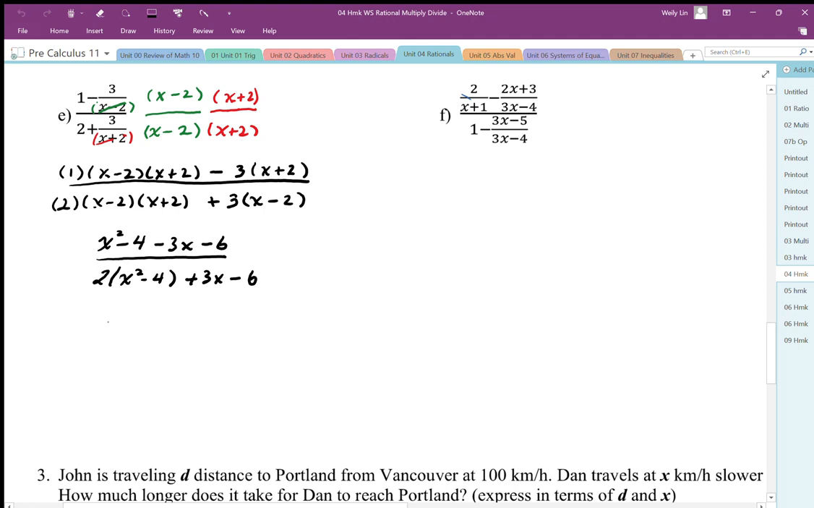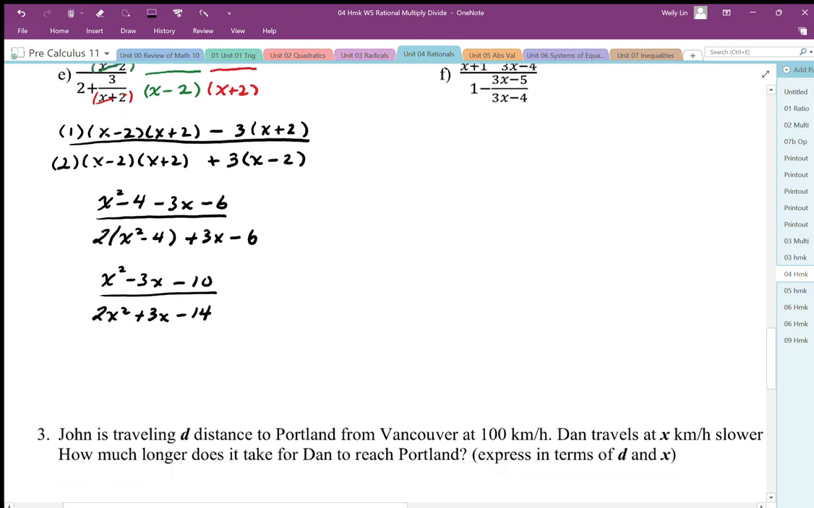So I'm just going to rewrite this quadratic. x squared minus 3x minus 10. Okay, so that does factor. I'm going to simplify the denominator. 2x squared plus 3x minus 8 minus 6 is minus 14. Okay, so then factoring the numerator, I get x minus 5, x plus 2,